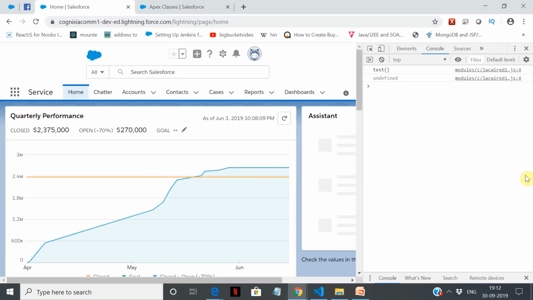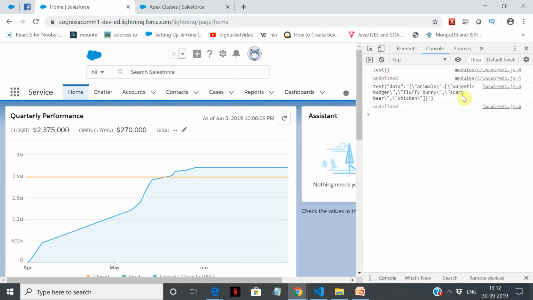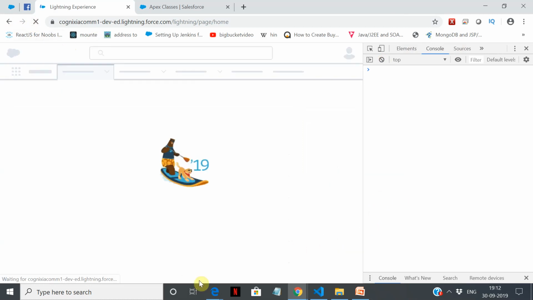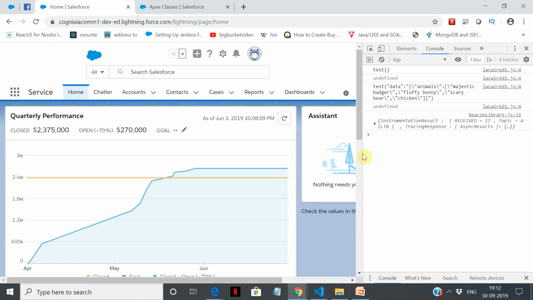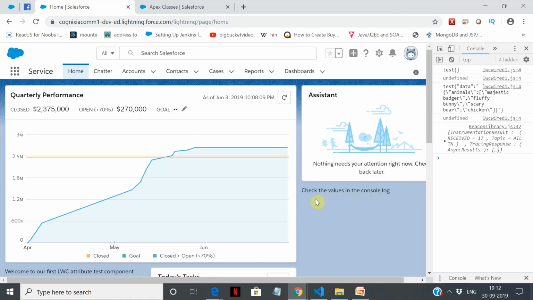If you see here, it has picked up the data: animals, majestic badger, fluffy bunnies carry. Let me do this again. If I refresh this, this is where the LWC is getting rendered. We say check the values in the console log, and in the console log, it has already given us the value.